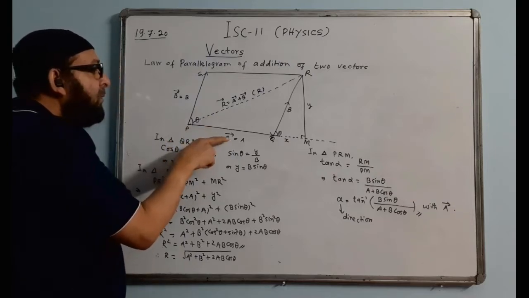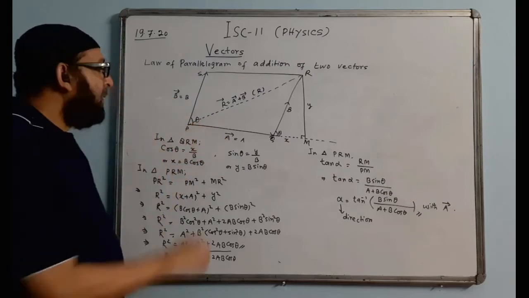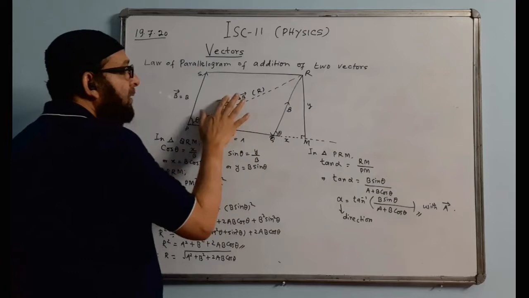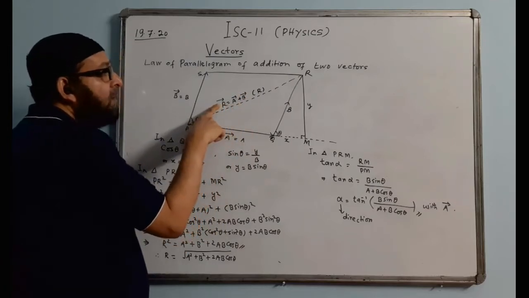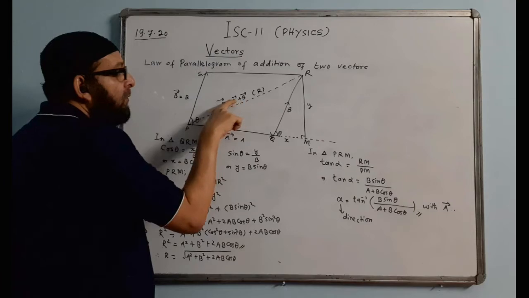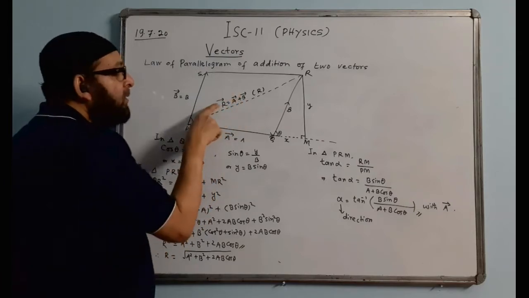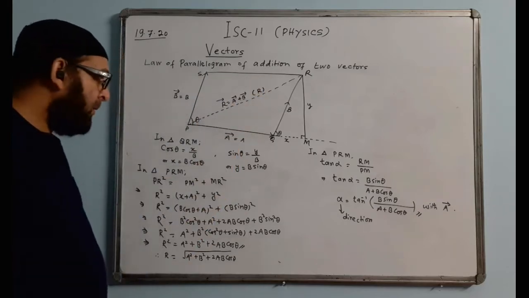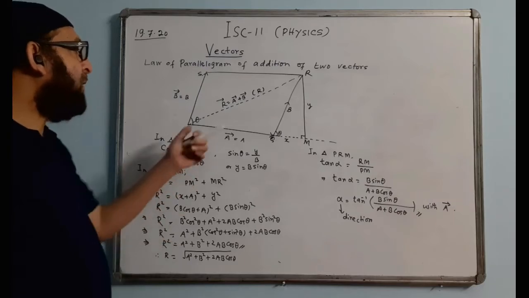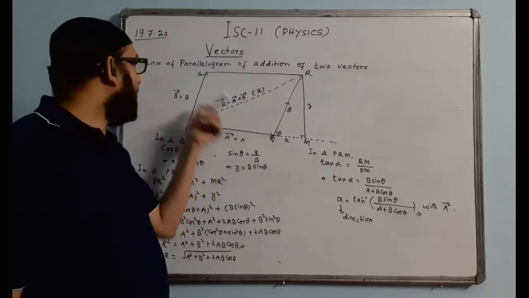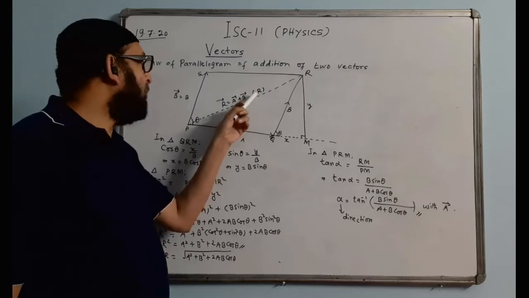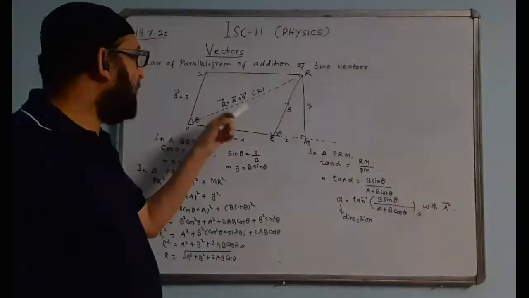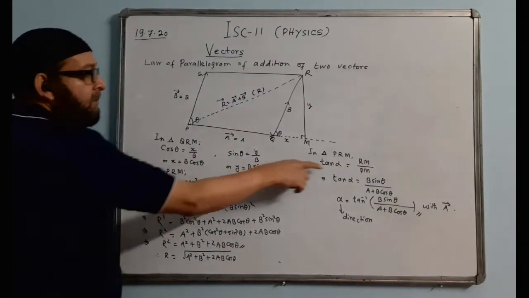So let us suppose the angle between the 2 vectors be theta. Then the diagonal from the common origin, that is PR, will give the resultant of their addition. So we represent it this way: R is equal to the addition of the 2 vectors A and B. Let us suppose the magnitude of the resultant R is simply R. Now we want to find the value of this R in terms of A and B and theta, and we also want to find the direction of this R, at what particular angle it is acting. For direction we will find alpha.